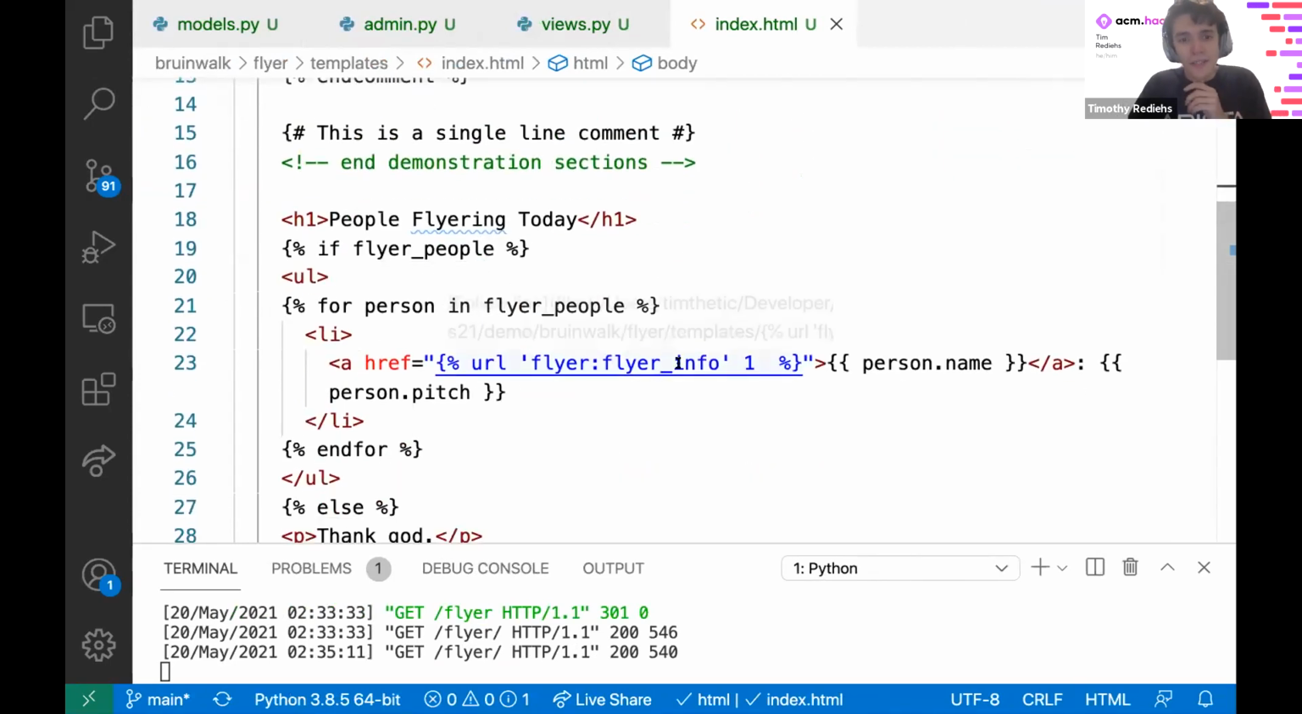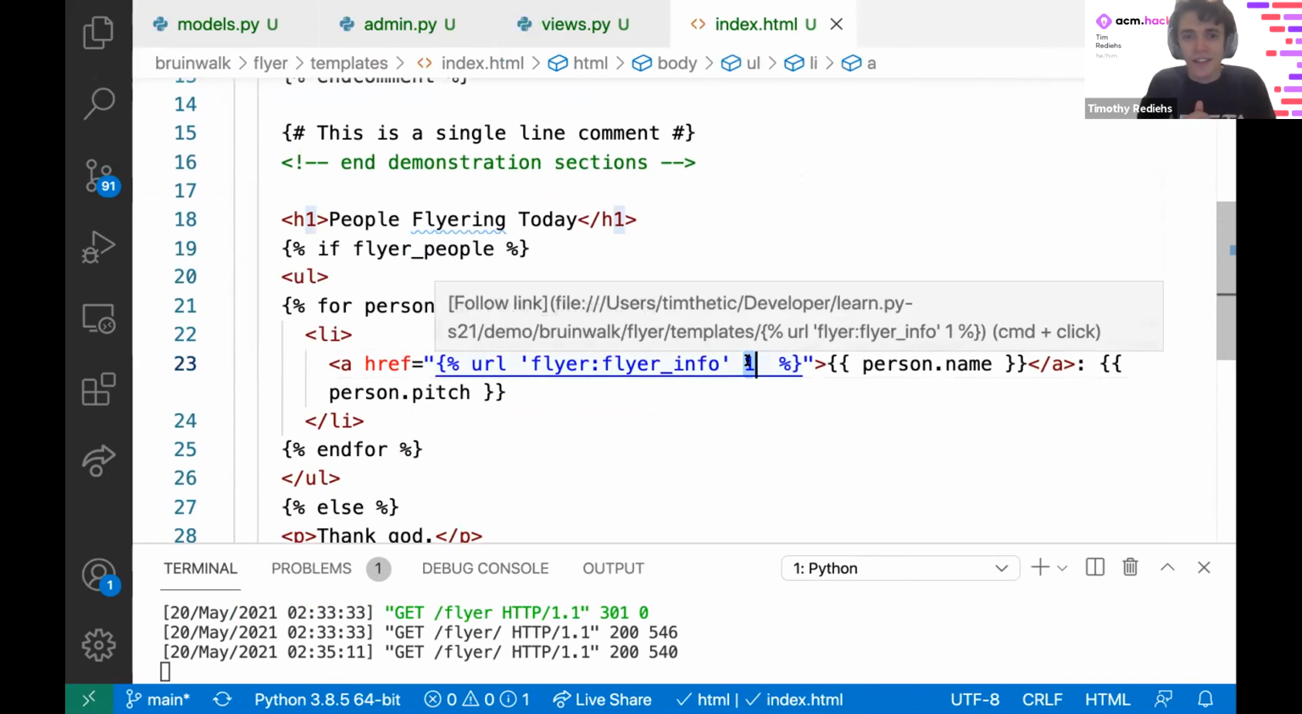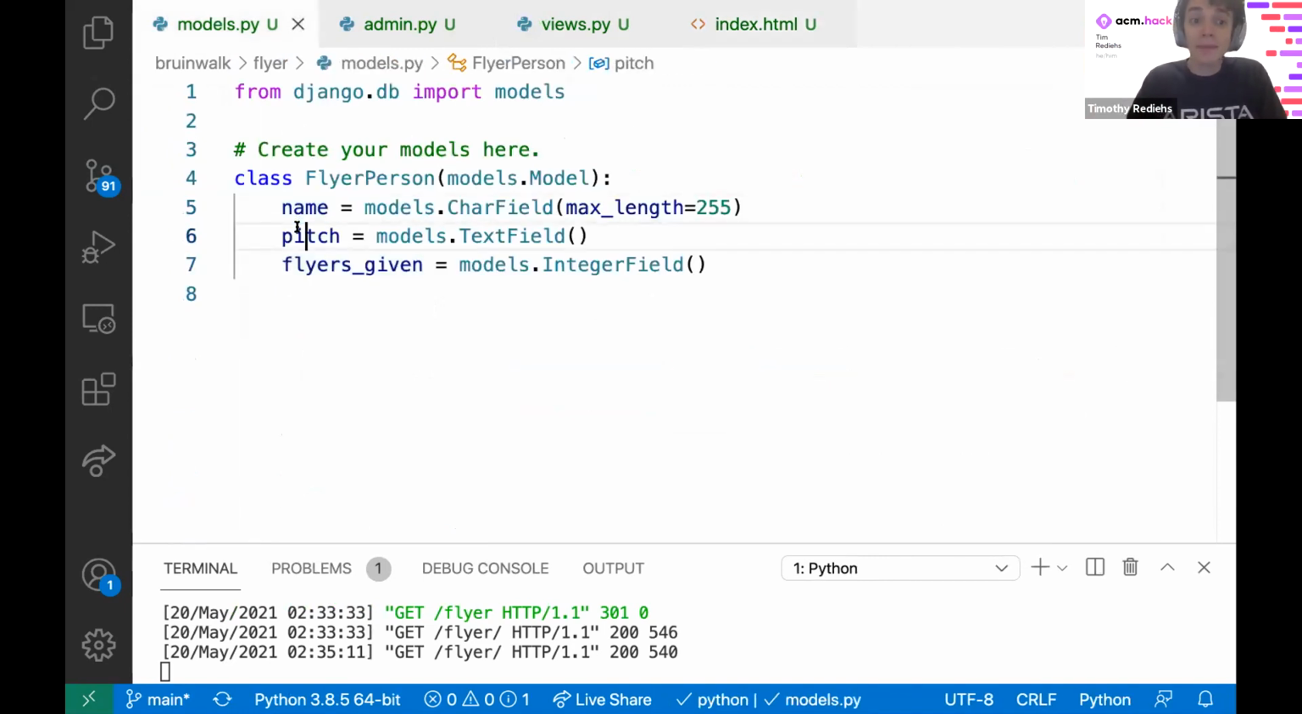So one other thing I'm going to do is this one is hard-coded, right? And it doesn't really do what we want. So we can actually change that now. Like I said before, in our model, we have a name, a pitch, and flyers given. But from this models.Model, we get an ID for free. Every time we make a model, it automatically assigns it an ID, and it usually starts at 1. But the good thing about this is that now we have a way of uniquely identifying a flyer person. And we can use that number